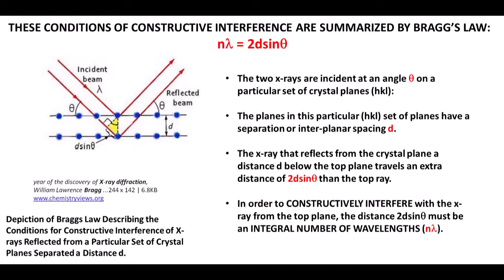If the path length designated as 2d sine theta is an integer multiple of the wavelength for each different d spacing, then you will get constructive interference. In other words, it will only occur at a specific angle theta. If it is not an integer multiple of the wavelengths, then the X-rays will destructively interfere with one another, and no strong diffraction peak will occur. So the X-ray diffraction pattern is a map of orientations of the crystalline lattice of the sample that satisfy Bragg's